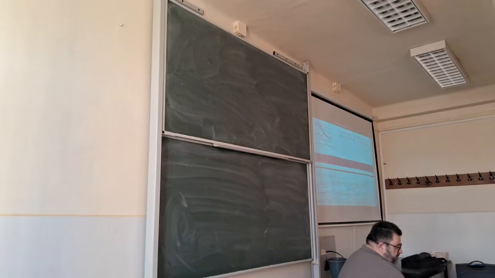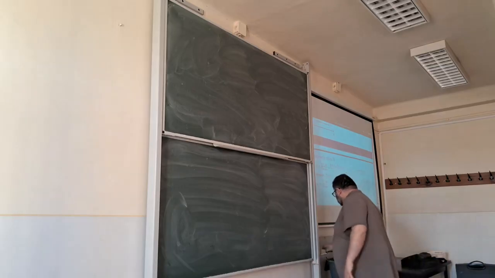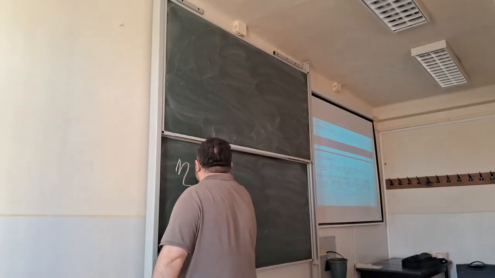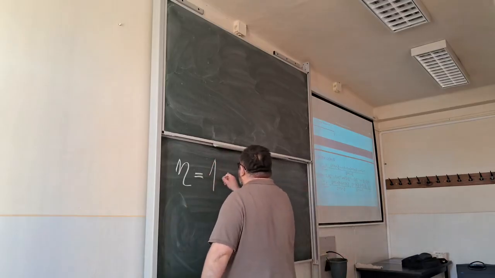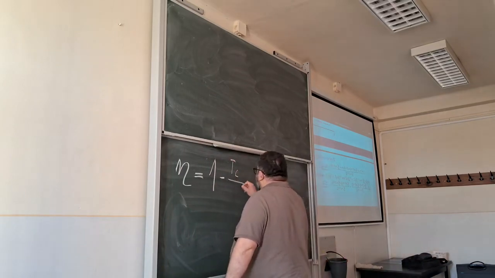You just write down and put here. If you use these adiabatic formulas and put them here, after a while you get this one. And this is important. The efficiency of the system is 1 minus TC over TH. It means